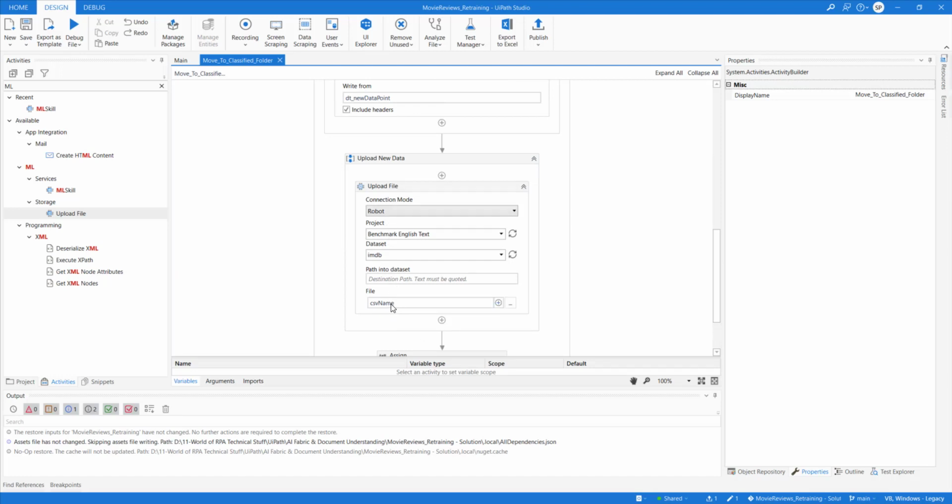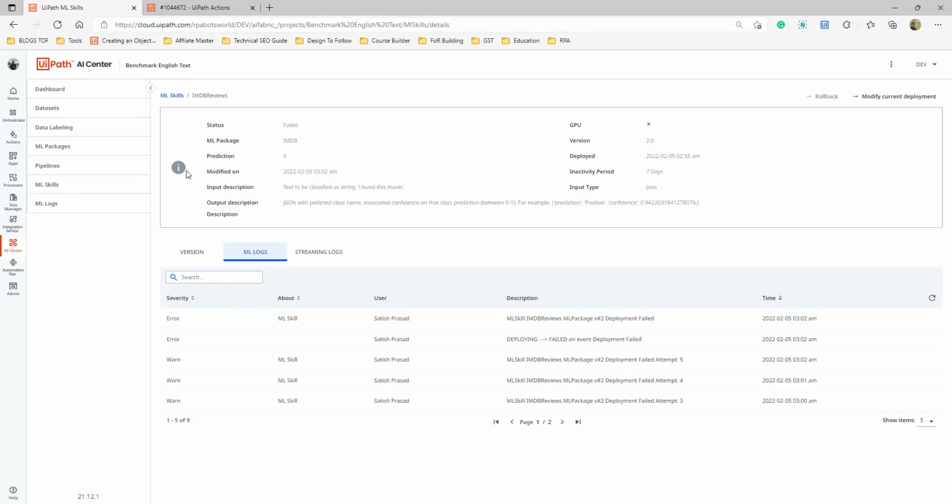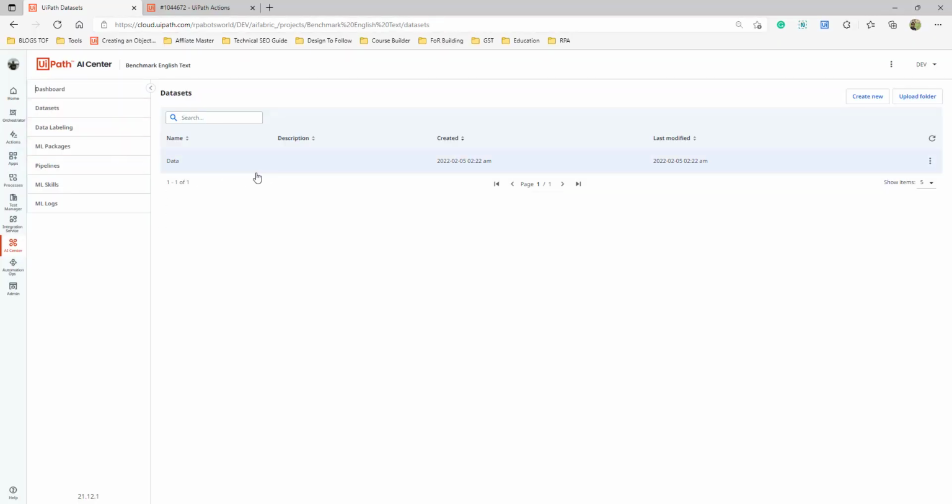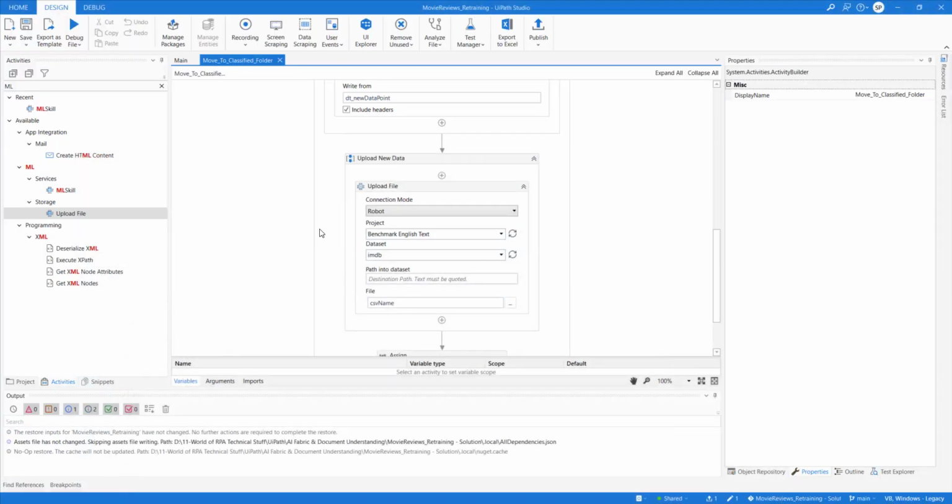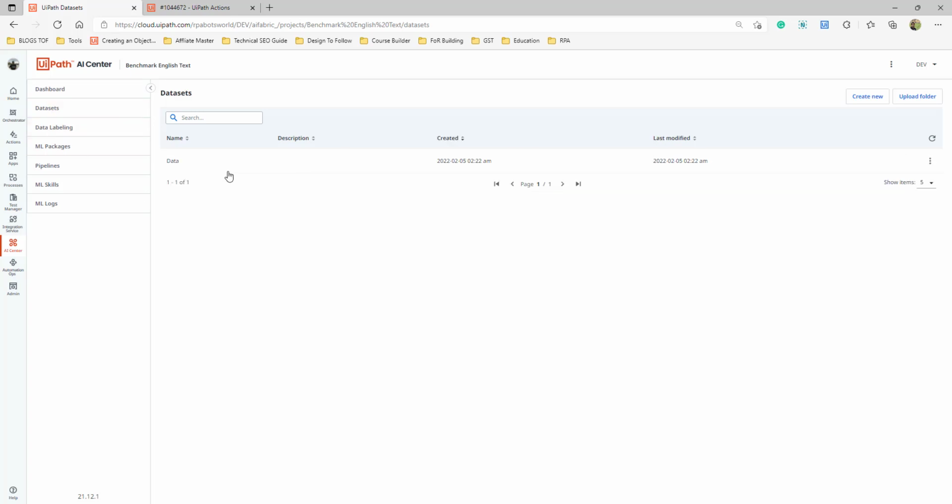So this CSV file will go into the folder which is here. This way we should be able to record the feedback given by the human operator to create a new data set on which the model has to be trained, right? Unfortunately, I'm not able to run this because it has some issue with the deployment, and I can't do much unless it gets resolved. So let me try if